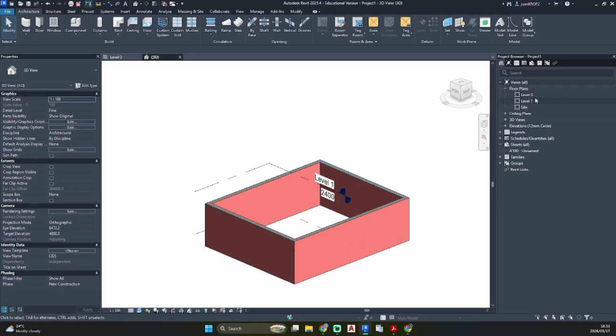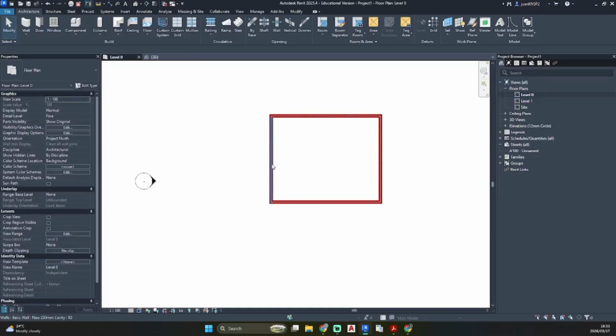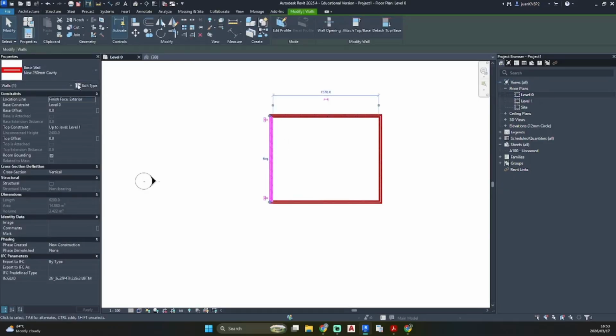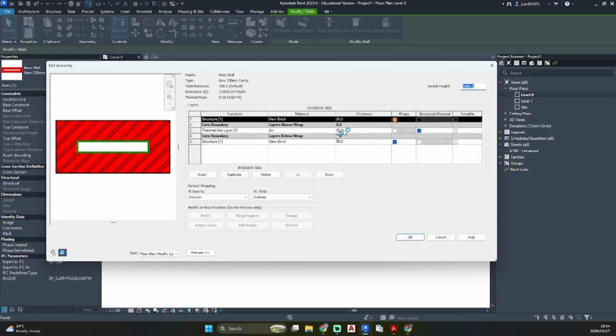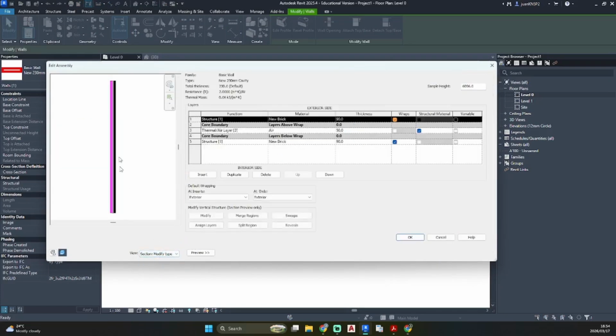Back to my floor plan, I'm going to select my wall, go Edit Type, and Edit, and change this to a section view. There we can see we've selected our exterior side wall, so it's highlighted. If we select the internal side, now you can see what you are working with.